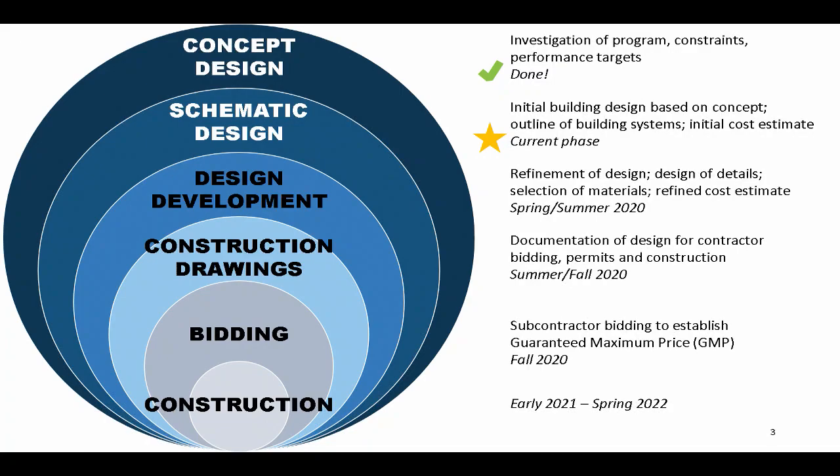And as I've alluded to, that allows the contractor and the subcontractors to bid the project to the final level of specificity, because at that point they understand everything about the project, and they can provide the number that they will do the work for. And that leads us right into construction. So that's the idea of a process run very linearly. But what happens as you go through that is that the lines between each phase are a little bit fuzzier.